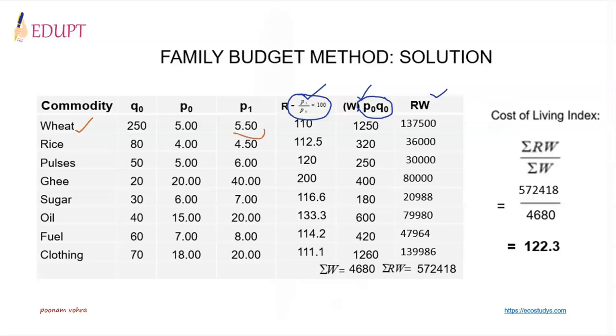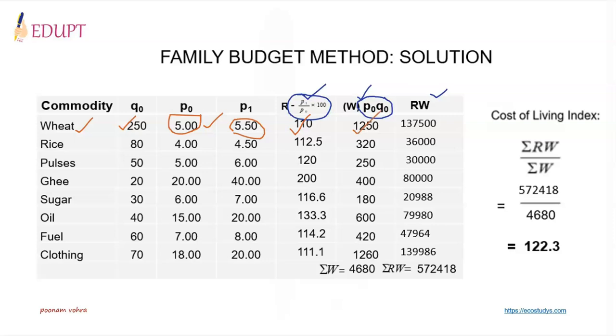P1 is 5.50 divided by 5 into 100, you get 110. And then for weights P0 Q0, it is 5 multiplied by 250 and you get